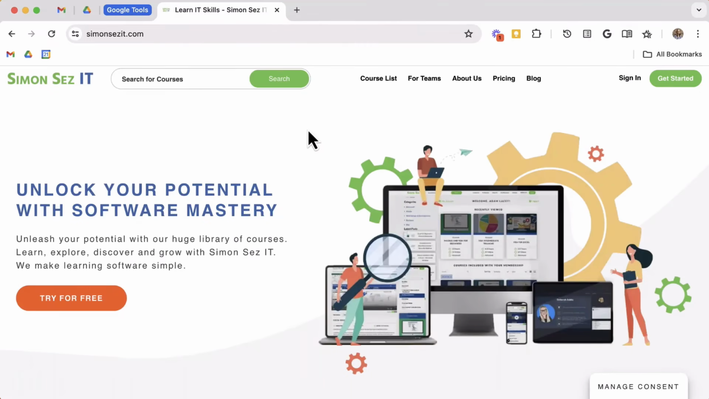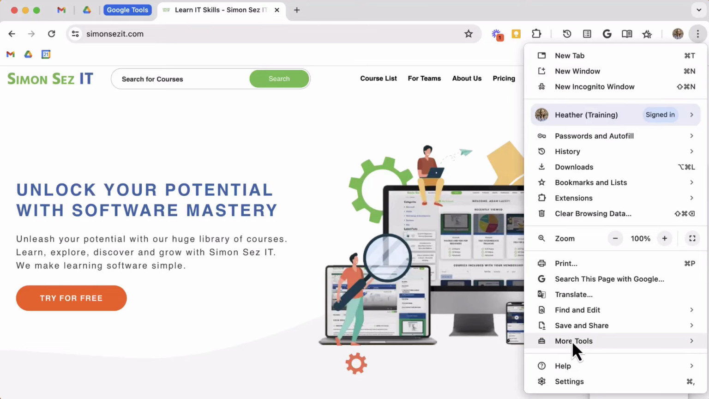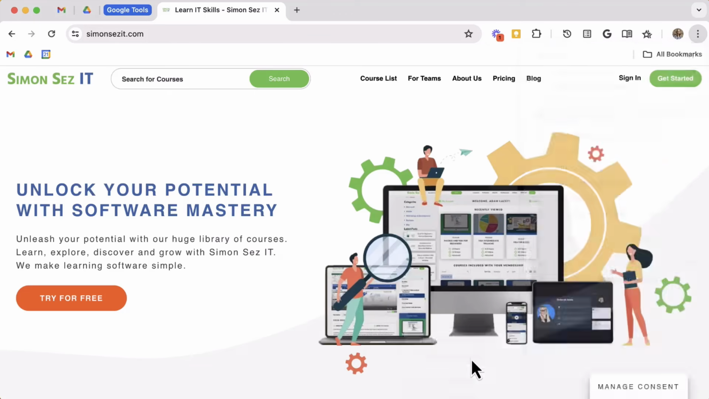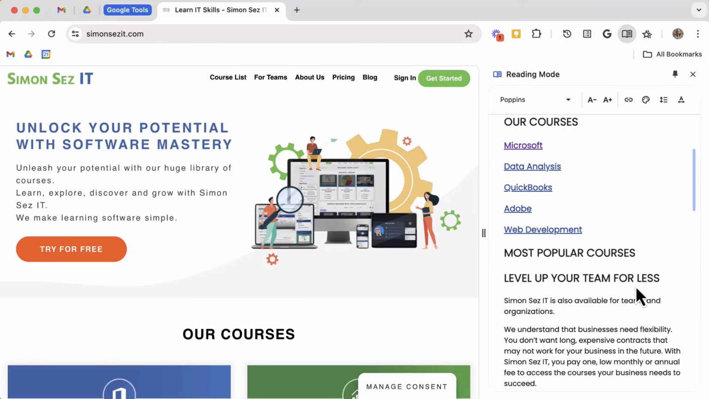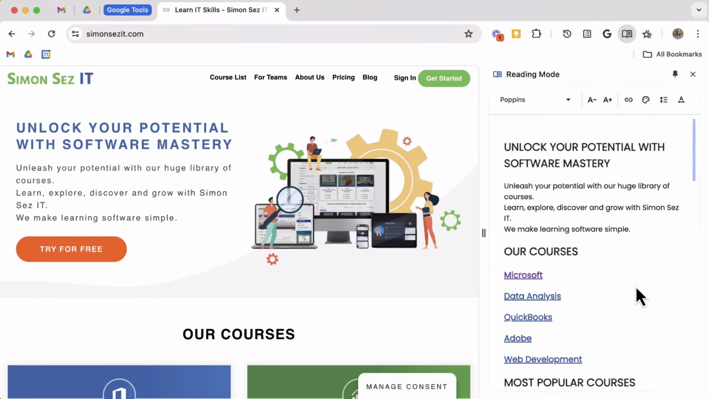Fourth is reading mode. You know the routine. Click the three dots at the top right, go down to More Tools this time, and then select Reading Mode. Again, I'm still on the Simon Says It website. With reading mode, images are removed and formatting on text is removed to provide a more clear, easy to read,